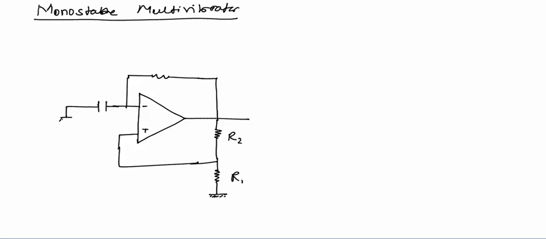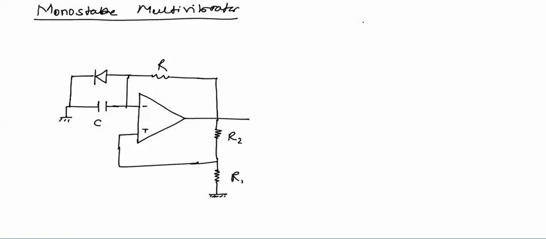This is the circuit of an astable multivibrator, and we will connect one diode across this capacitor. Now in this monostable multivibrator,